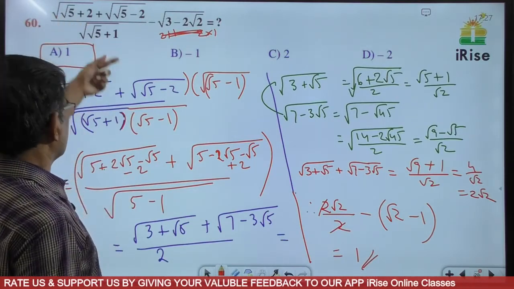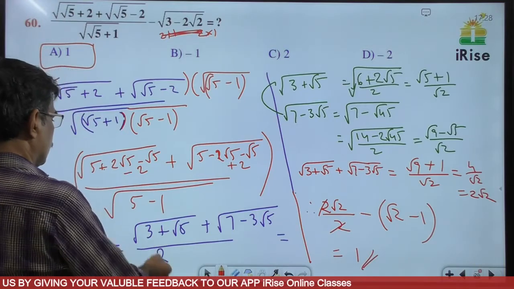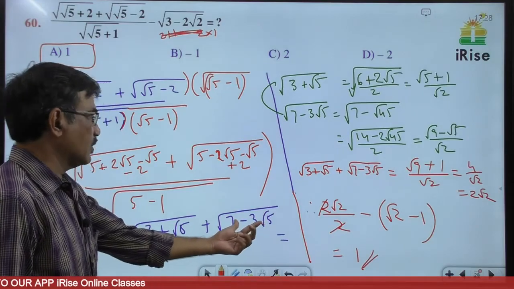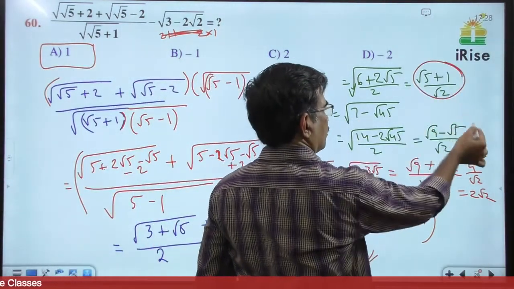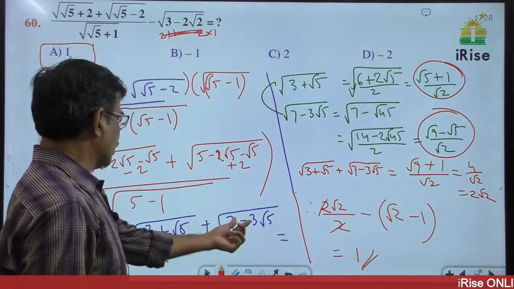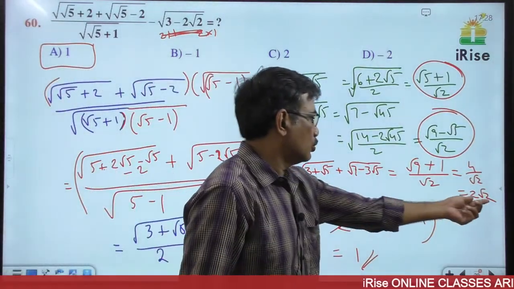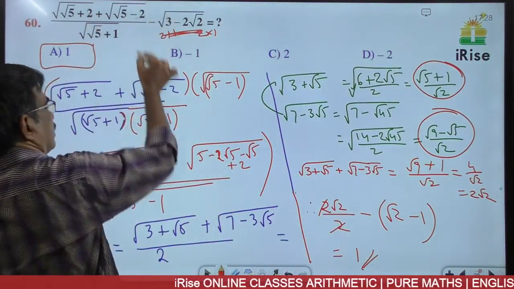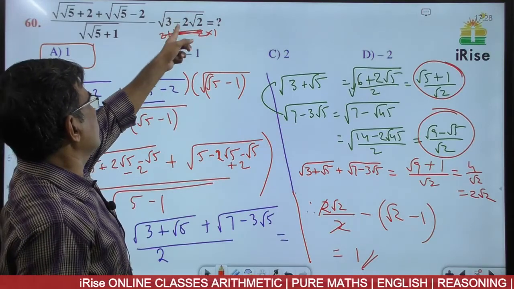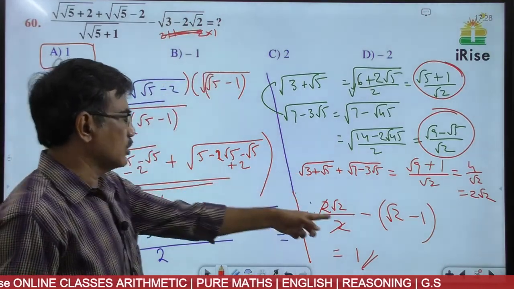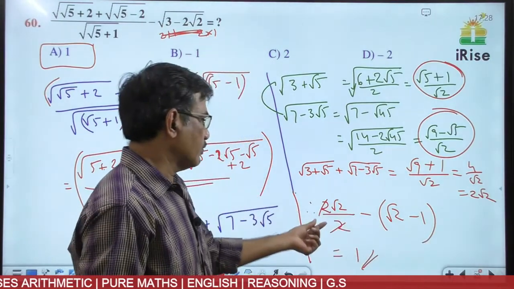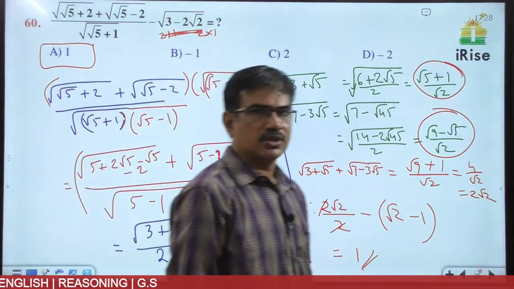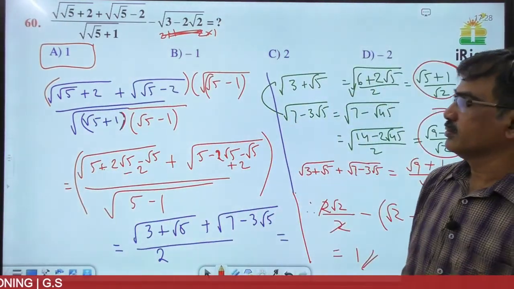So first rationalize the denominator. We get this value. Find the square root of this one and the square root of this one. We get these two square roots. Add these two, we get 2 root 2 by 2. 2 cancels, we get root 2. So up to this part we get the value root 2. And find the square root of this one. 2 into 1, 2 plus 1. So the square root is root 2 minus 1. Therefore root 2 minus root 2 plus 1. So the answer for this question is 1. It's a very good question and a very big question.